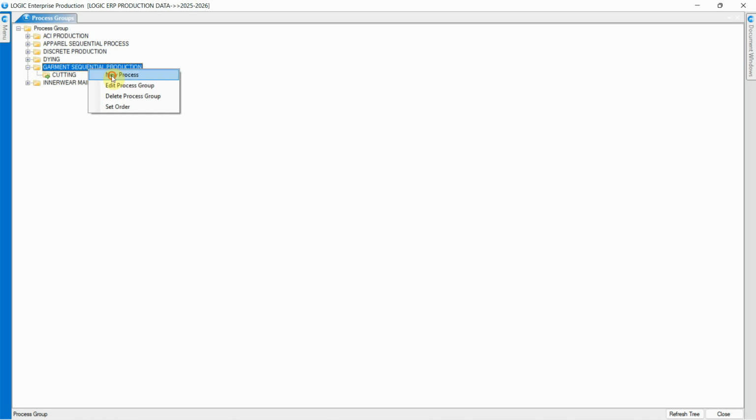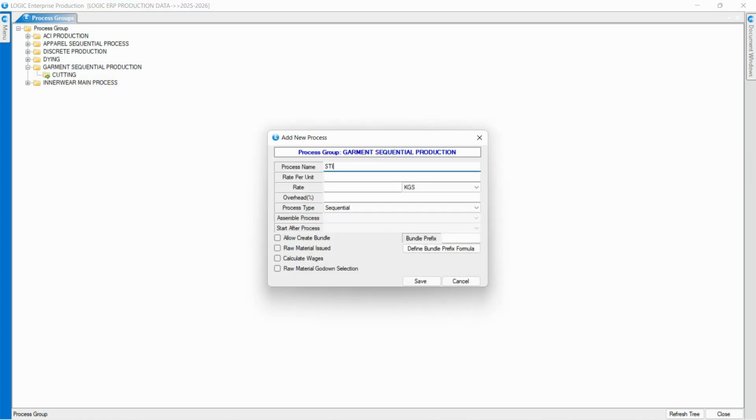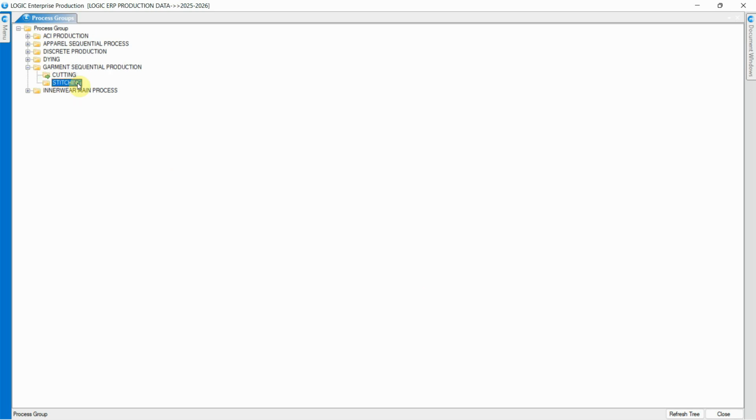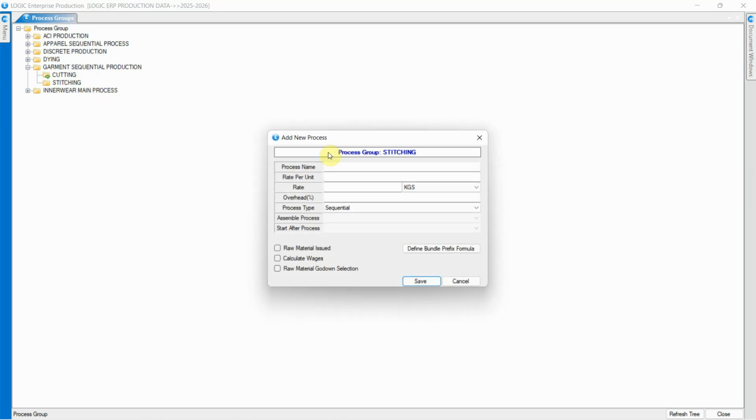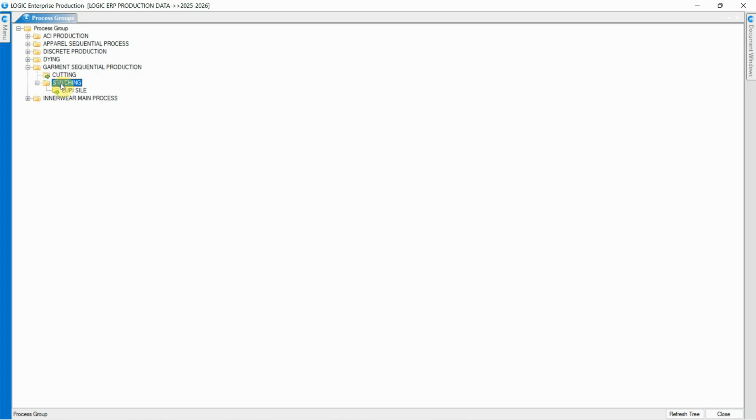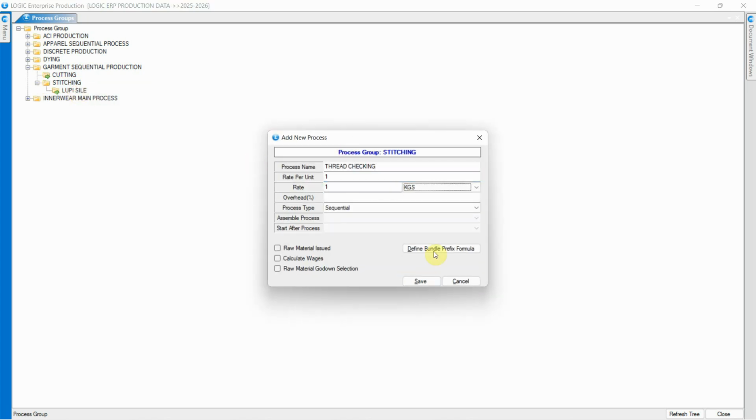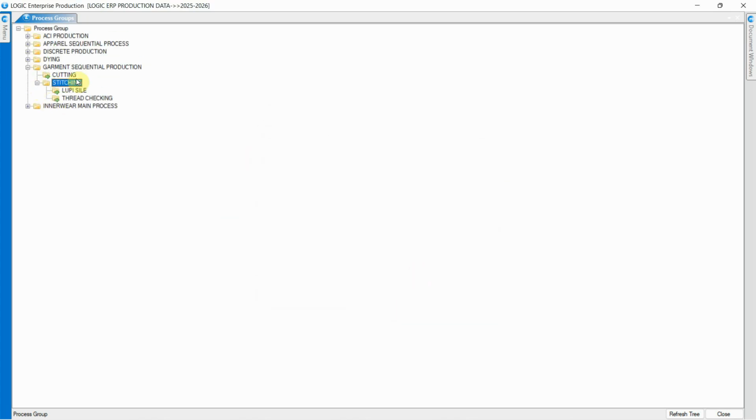Following the same steps we used to create the cutting process, you can create the next remaining processes as well. By right-clicking on the process, you can also add subprocesses as needed. Subprocesses are created to track worker-wise piece rates for multiple internal activities performed within a processing unit. For example, stitching has a line process with multiple workers performing different tasks, each with its own piece rate. Subprocesses help record these individual activities for proper piece rate payroll calculation.